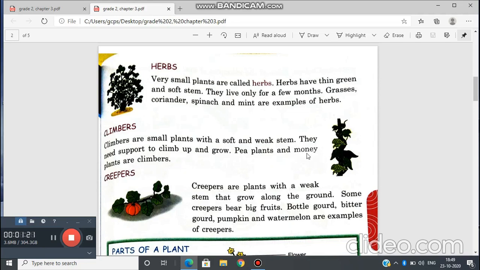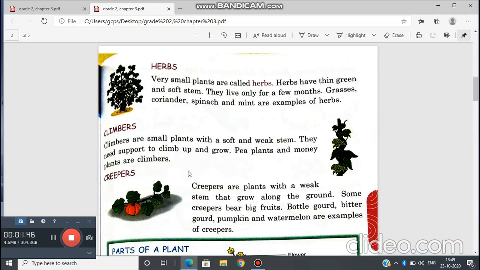Learners, I think you have seen money plants. This is money plant. These need to climb support, any support to climb. Climbers are much more advanced than creepers.